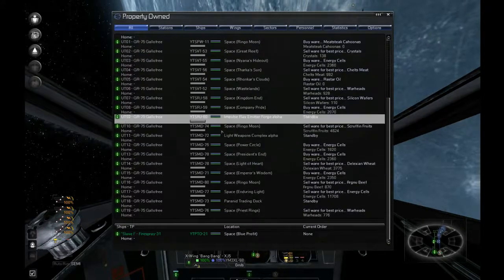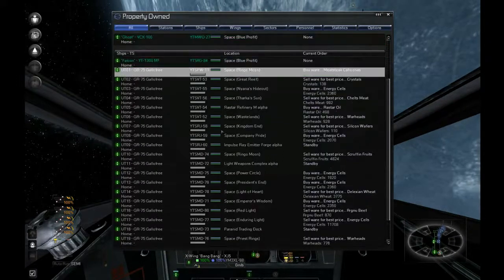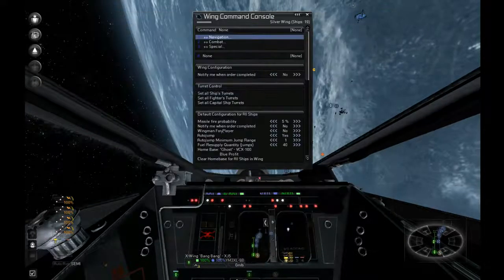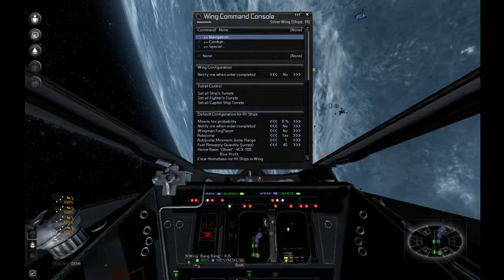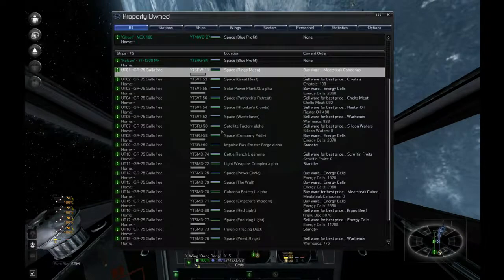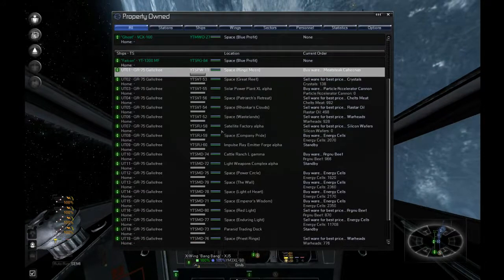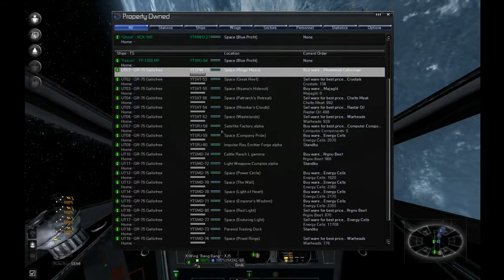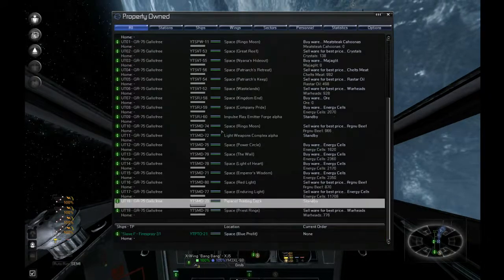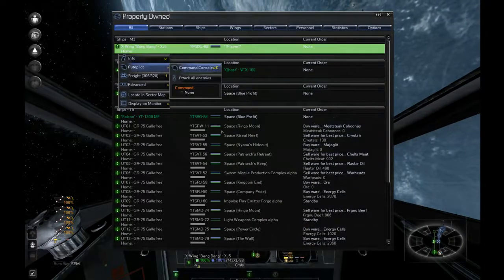I was going to talk about, all right, so this property owned screen, the way I got these a different color. If you go into any ship's command screen, now these are actually in a wing, so this is a little bit different. I did put all my universal traders in the silver wing. Well, I'm about to show you why here, but if you go into each individual ship, let me do the one I'm in. If I go into the commands,